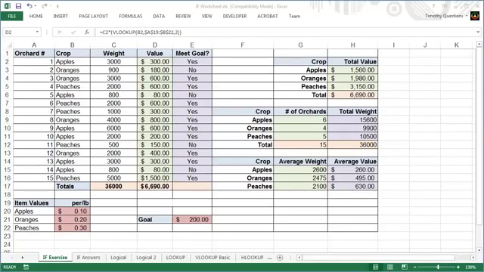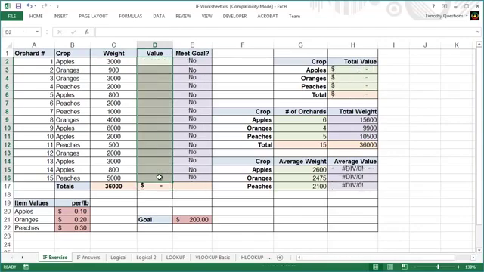Hi and welcome back. In this video we're going to look at what's the most commonly used lookup function inside of Excel, and that's the VLOOKUP function. And specifically we're going to look in this example at how we come up with this value here. Now this value here is basically calculated by multiplying the value per pound of a particular crop times the weight that is listed here. Now I'm going to go ahead and delete these items right now